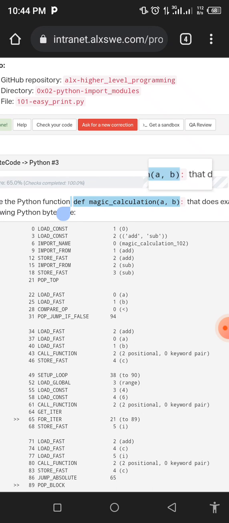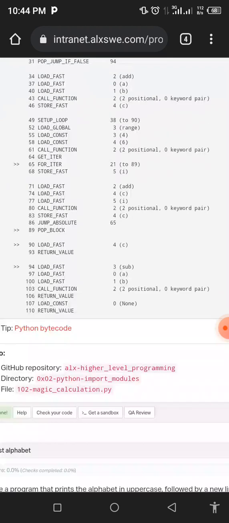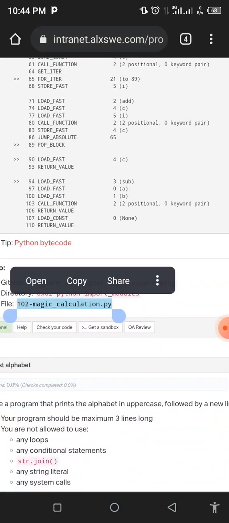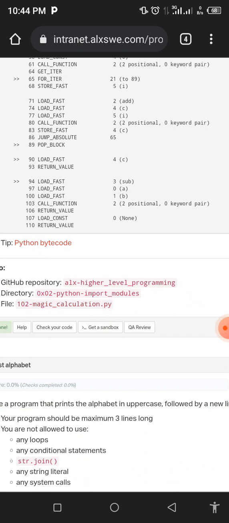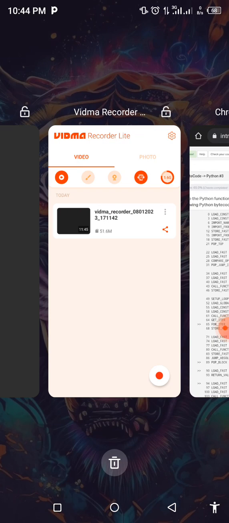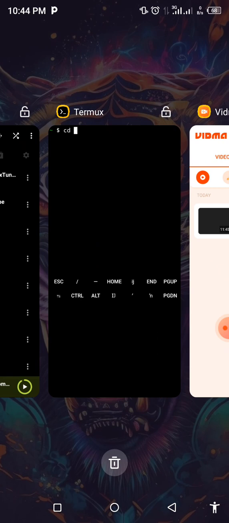Copy. And I also like to copy the file itself because we are going to be making use of those two. They are going to be very handy. Now that we have done that,